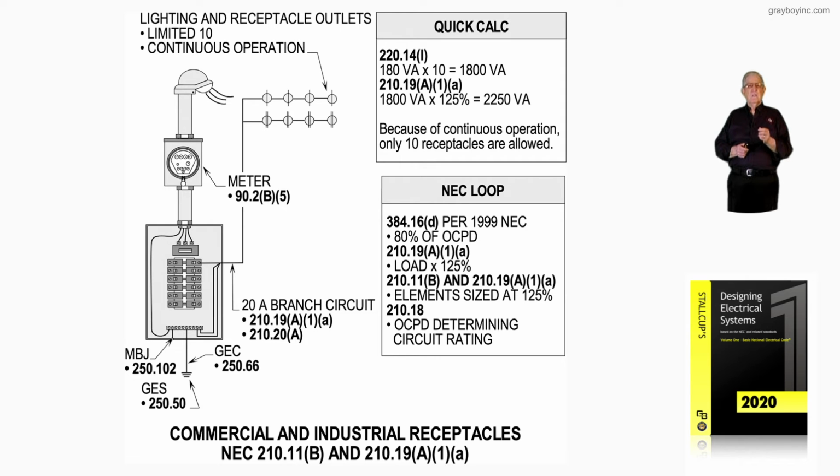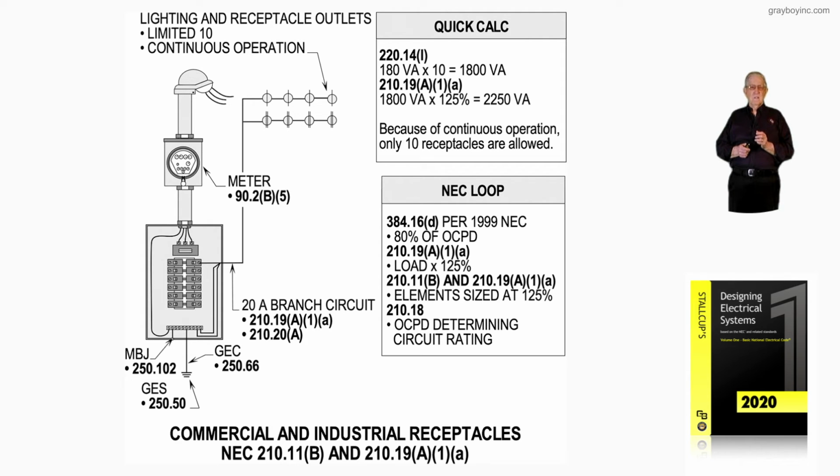But if the overcurrent device was 20 amps ahead of the number 10 conductors, that's what 210.3 as well as 210.19 is illustrating, that it's the overcurrent device that determines the rating of the circuit, not the size of the conductors. Now we're going to review a quick calc up above, and notice